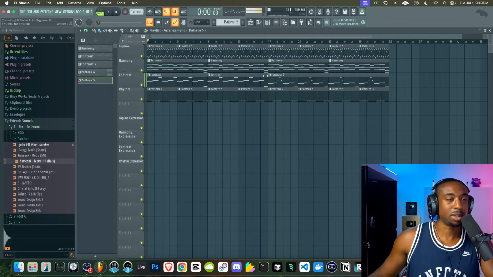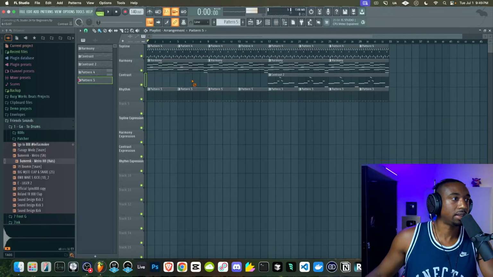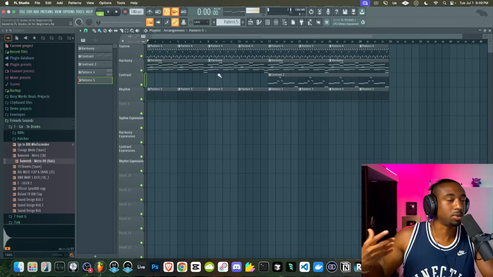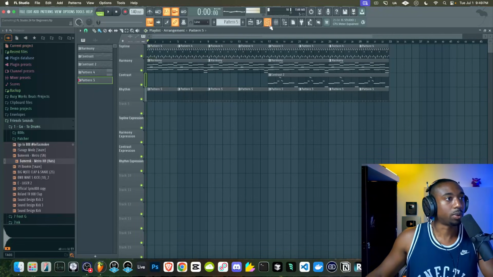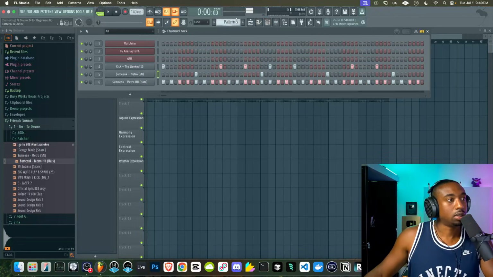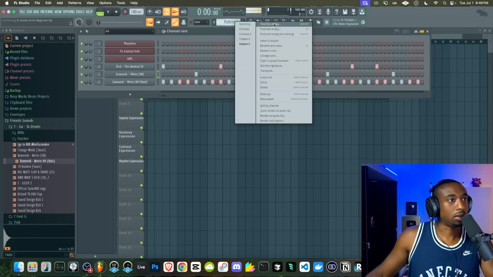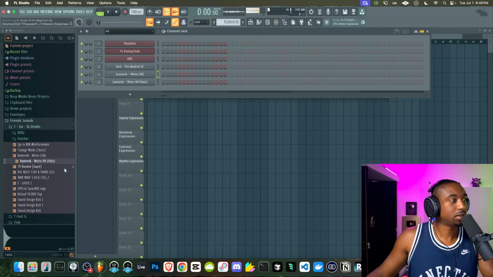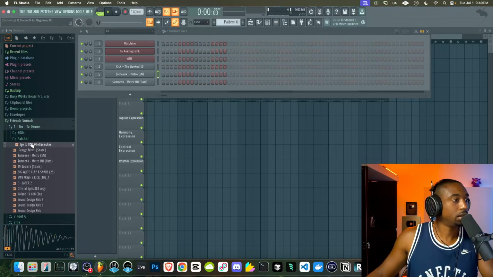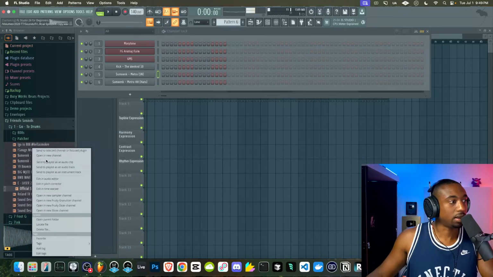Okay, so you see how the bass becomes repetitive after a while. So let's take out that first bass because it just becomes repetitive. And here's where we're gonna add the 808. So we're not gonna fully mix yet, but let's right click, go to where it says find first empty, and let's grab an 808. Let's grab the what's called the spins 808. Let's right click, open a new channel.